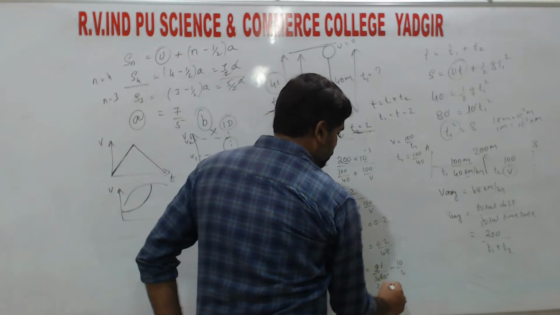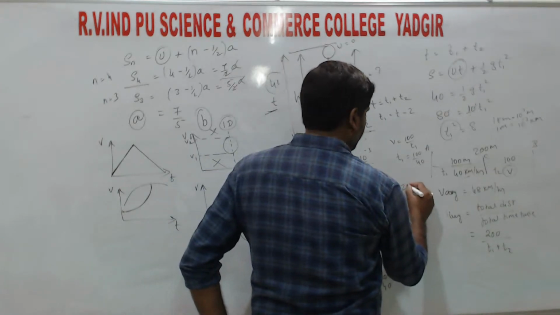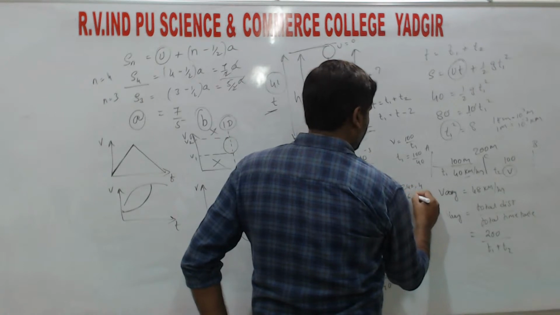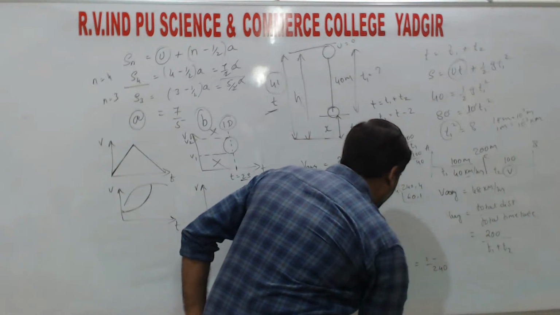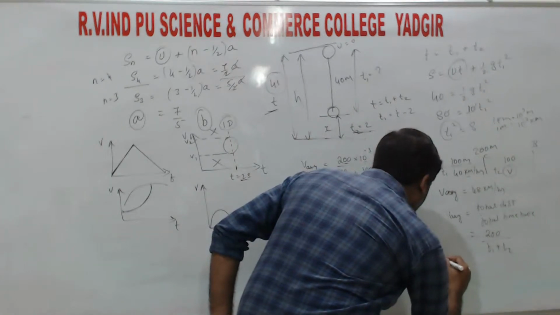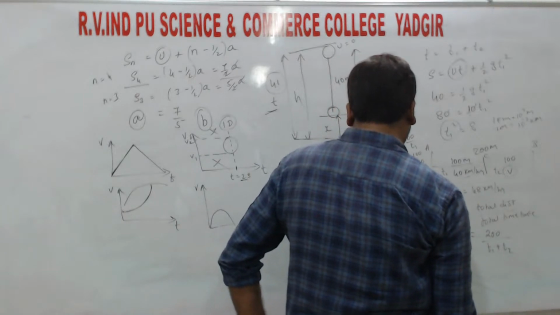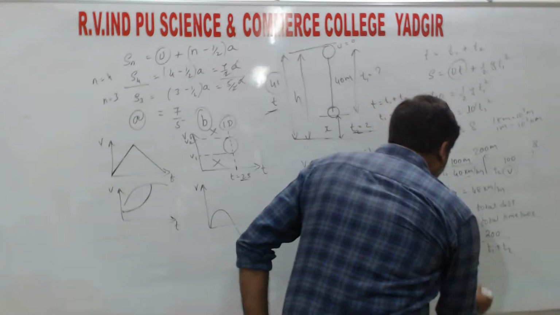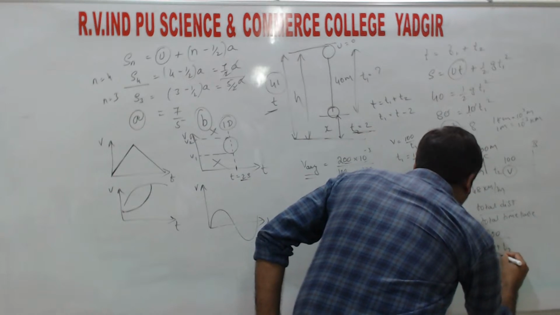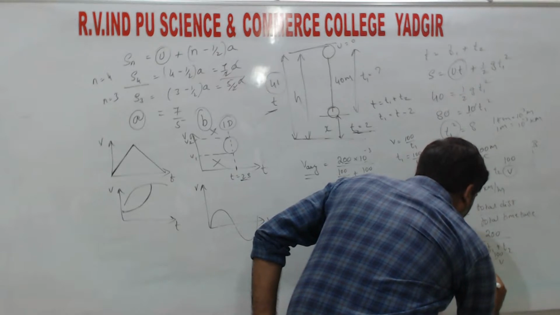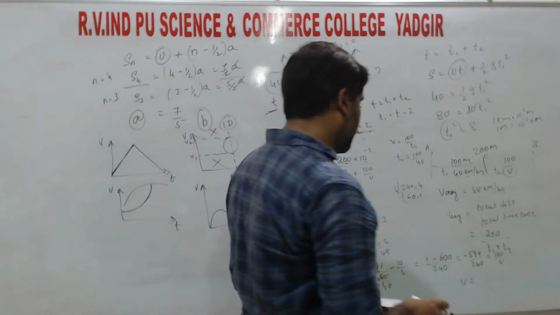So 2 ones are 240 now. So we need to take the LCM of 240 and 4. So LCM is also 240, right? So 1 minus 600, right? Simplify and see what answer comes. So simplifying this, velocity v, you will get